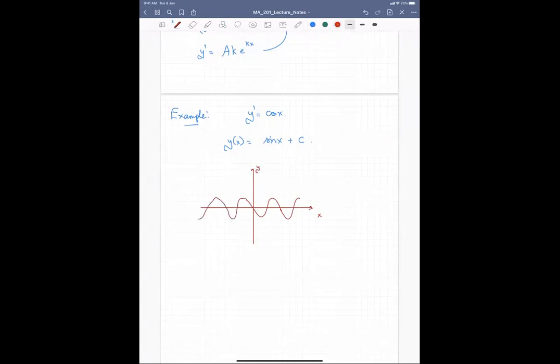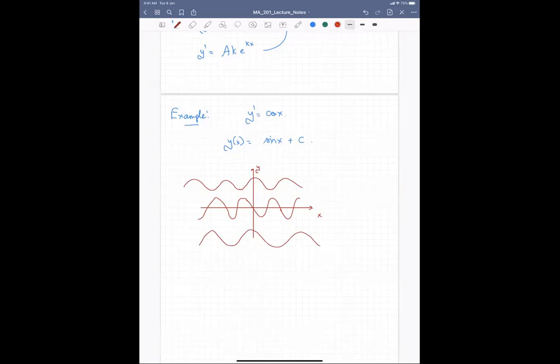Forgive my drawing. But if you put c equal to, I don't know, 5, 10, 15, 20, whatever it is, you will get curves that are displaced along the y-axis, like this for various values. Sorry, the waveform will not change, but it could be displaced, right? In this particular example, whatever it is. I've not drawn it to scale, but you understand what I'm trying to say.